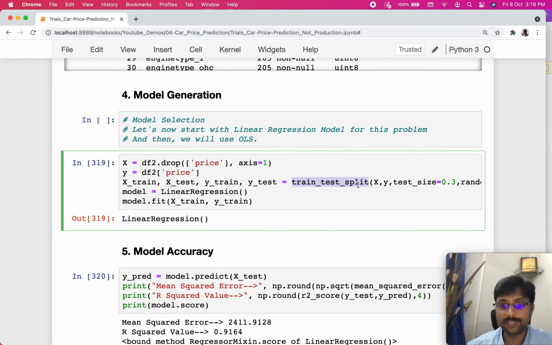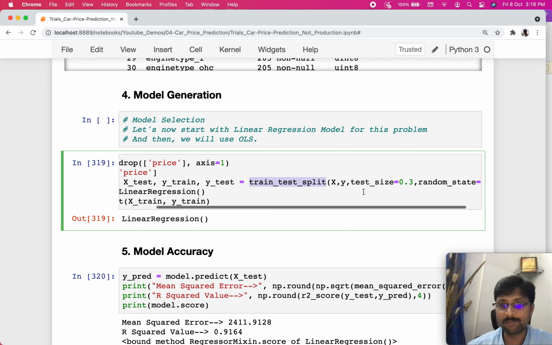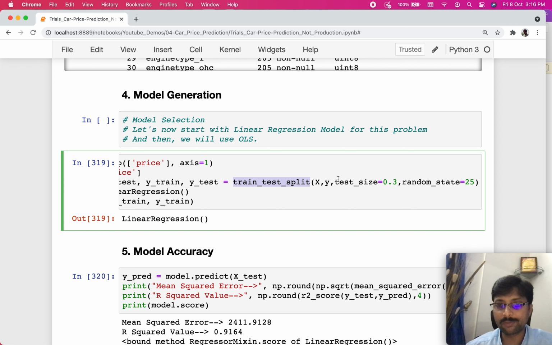All right, so we are using train_test_split to split the sample that we have, right? We have the x and y samples, so we're passing them here, and we are also saying how much split is required, like 30% of the data would be used for testing and 70% of the data is used for training the model, right? When the model is training, the test data is not exposed to it. Based only on that 70% training data, the model will be learning, trying to fit, as we've seen in the other video, the best fit line that goes through all these 70% of the data. And then once that is built, we will be testing it using the test data, right? So that's what we are doing with this.